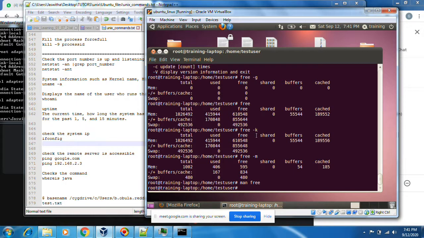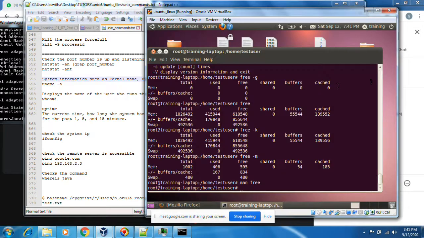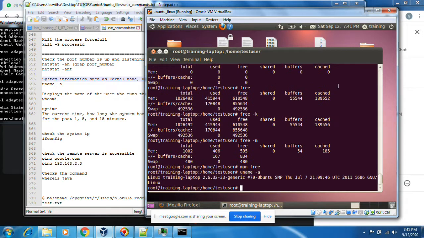System information includes kernel name, host name, kernel release number, processor type, everything. Processor type you can also see. Somewhere x86_64 should come; here it is not there. The processor number also comes.